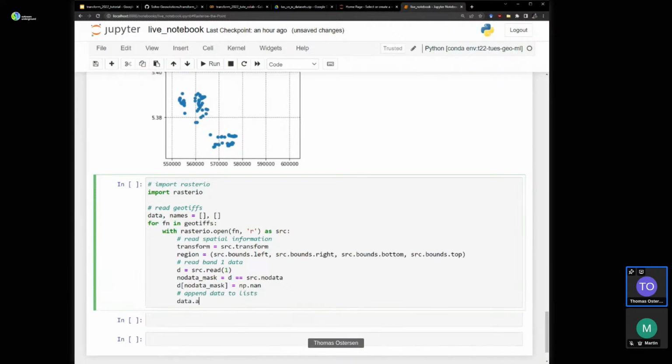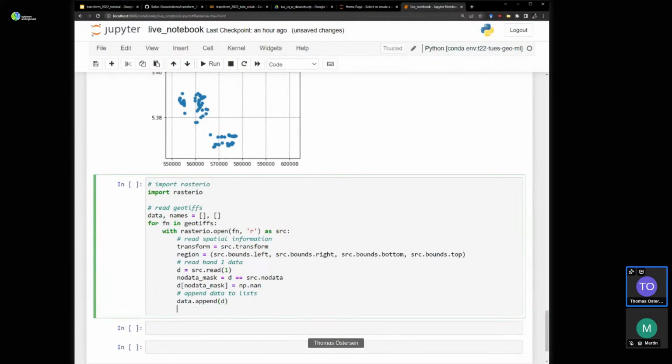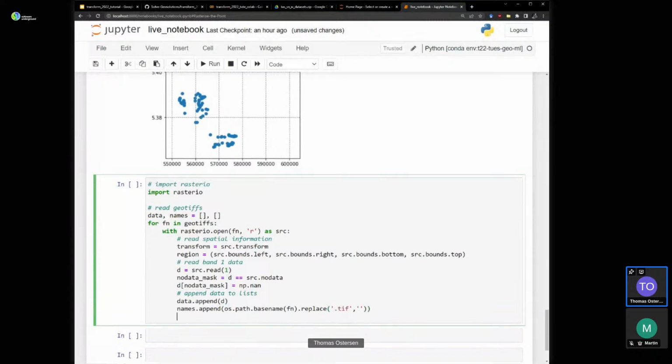So data append d, and then names append the name of the file stripped of the file extension: os base name fn replace .tiff with nothing.